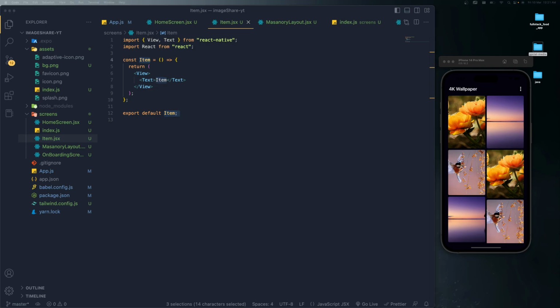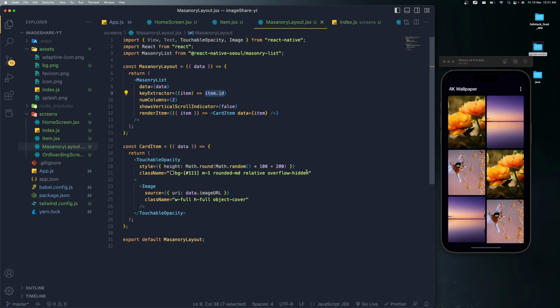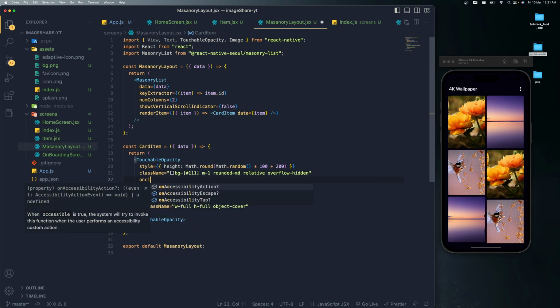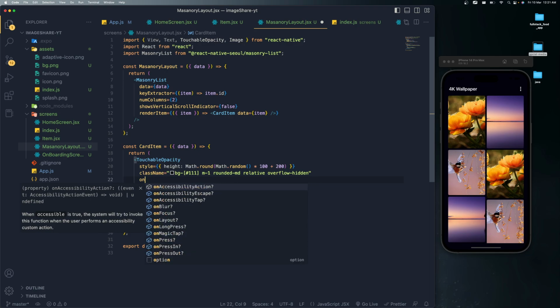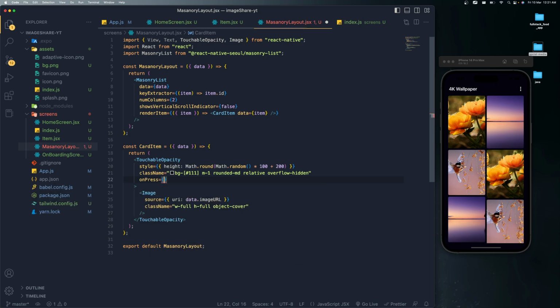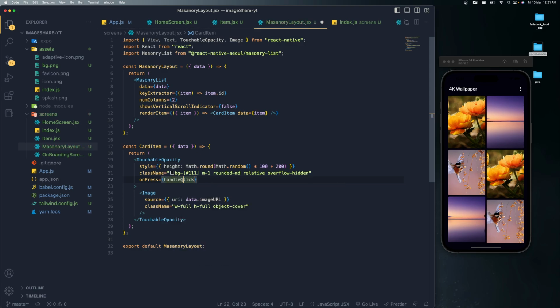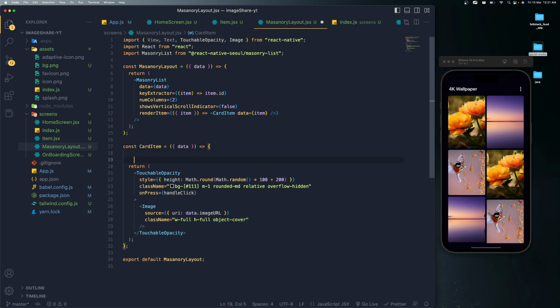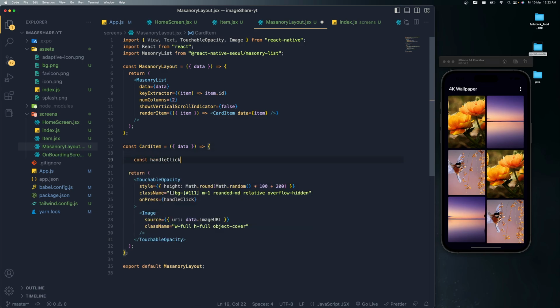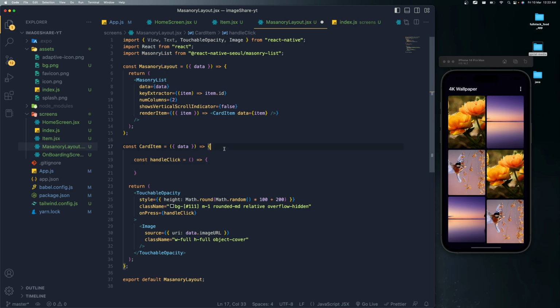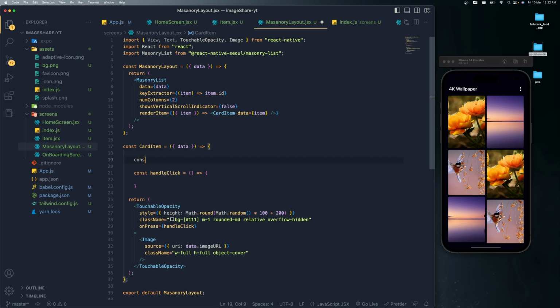When I click this masonry, I need to handle that event, right? So this is the card, the place where we are clicking. Let's create an on press event for this. It's a callback function, which we can call handle click. I'll create that function: const handleClick equals an arrow function, and inside this function we need to get the navigation. So const navigation